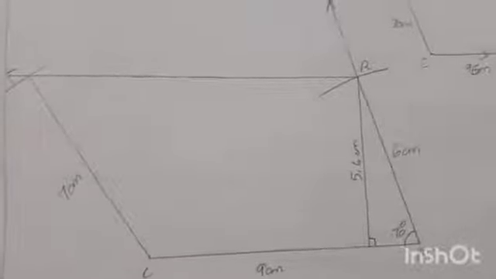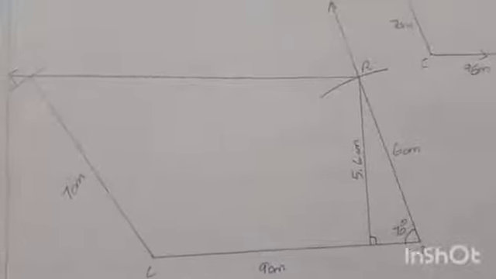How to measure 70 degrees? You know, we have to use the protractor. Keep it on the point A, the vertex. Make the protractor's center point coincide with point A, and its baseline coincide with the line segment. You have to keep it like this. 70 degrees, you know, is an acute angle. So you have to measure 70 degrees here.